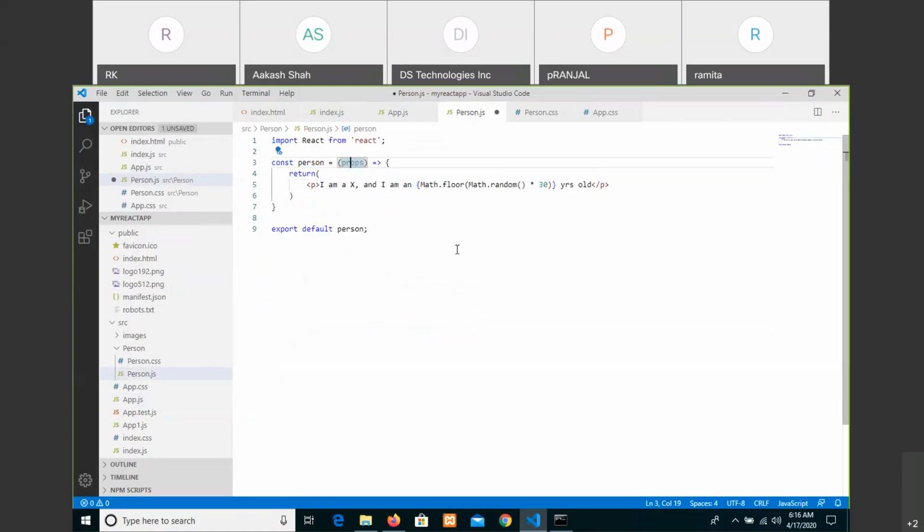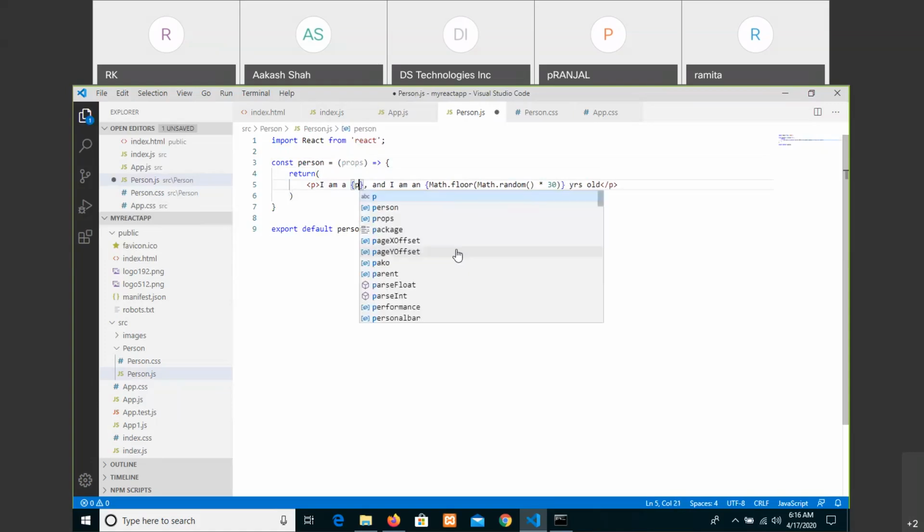As of now, we have written two properties, name and age. The same way, we can also write name, age, email, mobile, and so on, a number of things. Each component can have a number of properties. Then, how do you access them in its output? The accessibility is like this, using the props